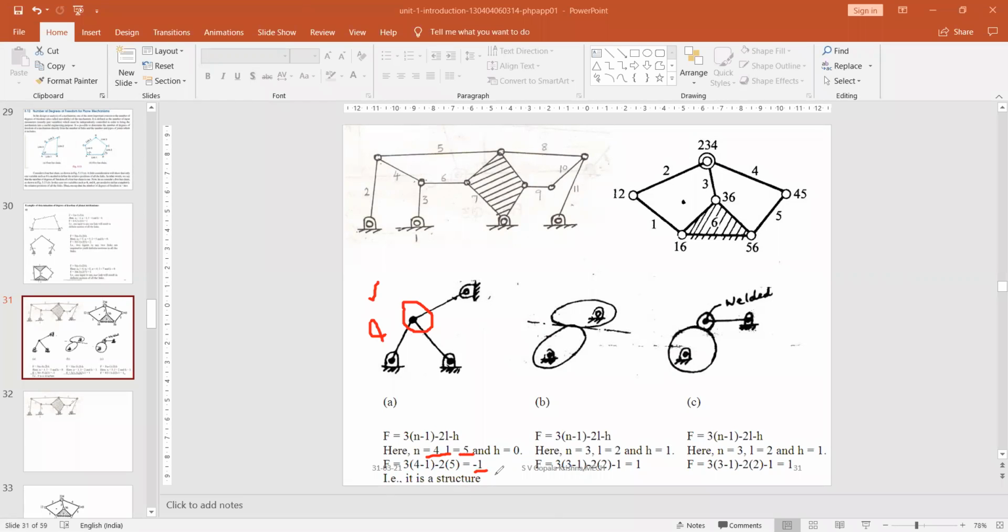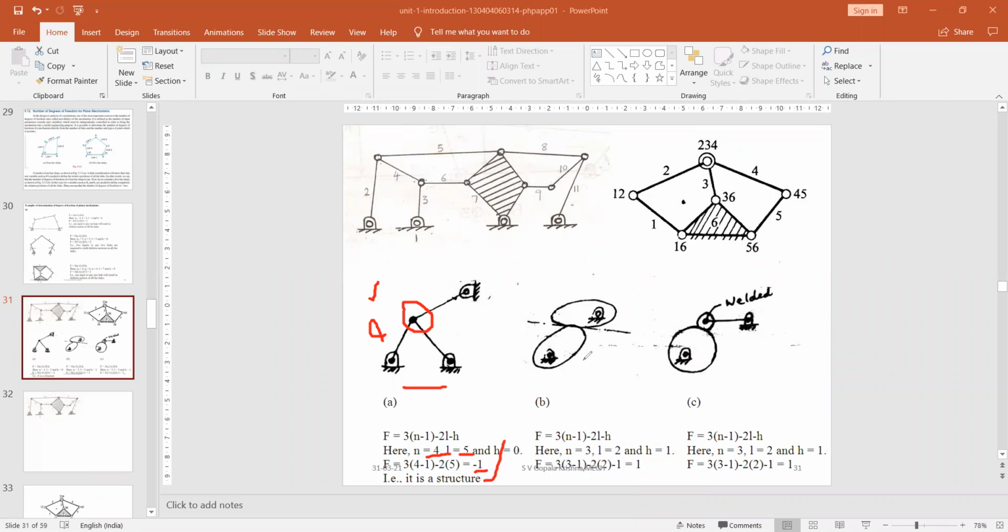When we have minus 1, this frame, this diagram, is acting as a structure. It is helpful only as a structure and does not perform any function. There is no mechanism happening in this particular diagram, which is decided by the links and their arrangement. So it is acting as only a structure.